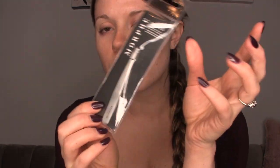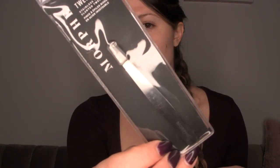Okay, and let me show you the next thing I got from Morphe. This was on the additional 30% off. So I literally got these tweezers for $1.80, which is crazy. So these are the Slanted Tweezers. They are stainless steel, which means they won't rust and they'll be good. So let's open this up and see